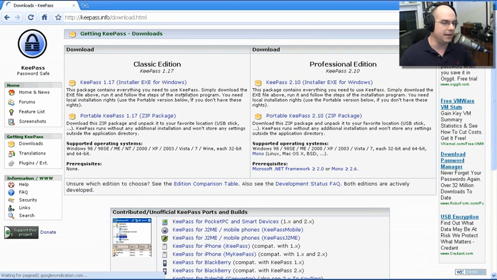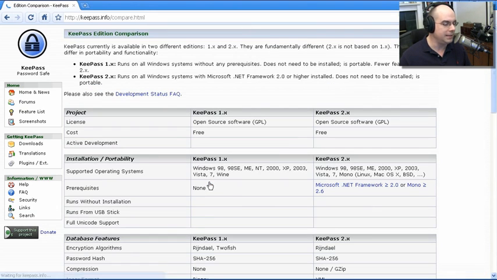One thing you'll notice on the download page is there's two versions. There is a KeePass 1.17, which they call the Classic Edition. Some people like that classic mode. There are functionalities there, and that's all they need. The Professional Edition has some additional capabilities. It's version 2.10 currently, so you have a version 1 and a 2. They're all free. There is no difference between the two as far as cost involved,